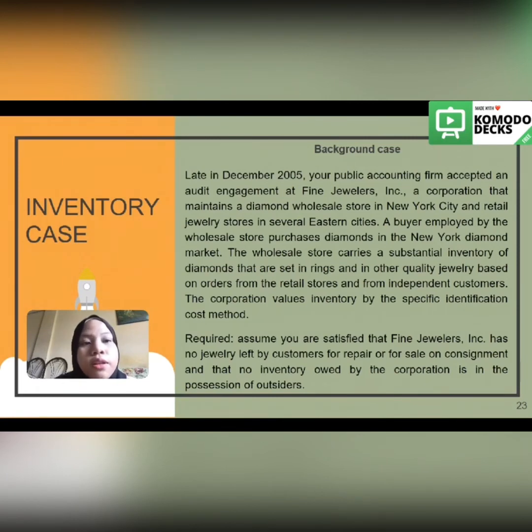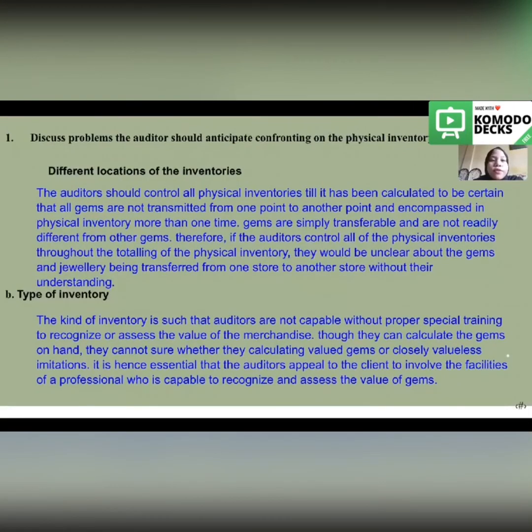The corporation values inventory by the specific identification cost method required. Assume you are satisfied that Fine Jewels Incorporation has no jewelry left by customers for repair or for sale on consignment, and that no inventory owned by the corporation is in the possession of outsiders. So the first question is: discuss the problems the auditor should anticipate confronting on the physical inventory as a result of the